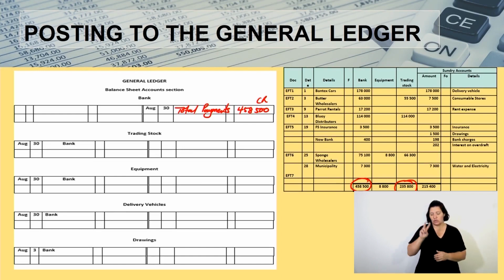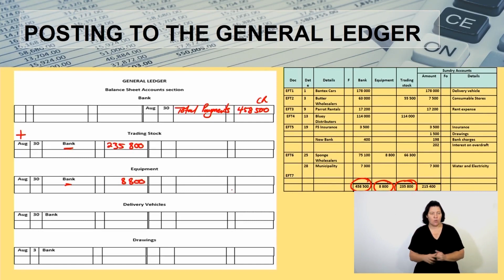There is the 235,800. All right, so I've already entered the bank. Remember, we have purchased trading stock, therefore it is increasing. So you're going to have your 235,800. I will also post to the equipment account. There you see 8,800. I've already written bank for you, so I'm coming here to say